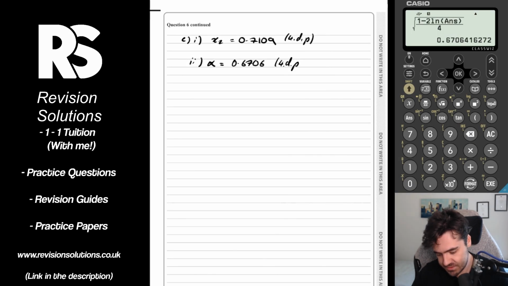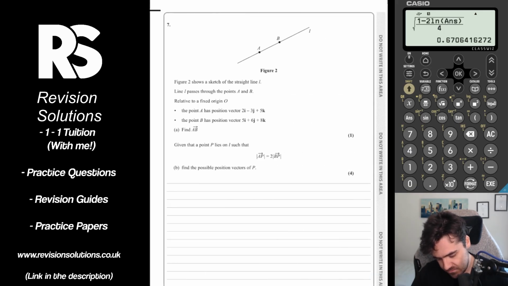Moving on to question 7. It says figure 2 shows a sketch of the straight line L. Line L passes through the points A and B, and we're given the position vectors of both of them. It says, can we find AB? That's just a standard question. So AB